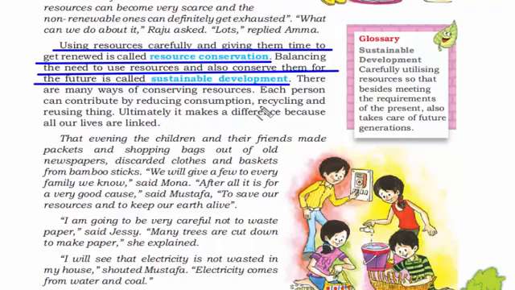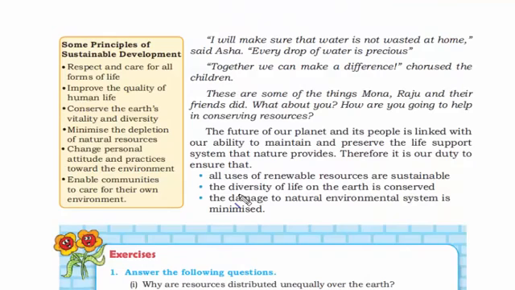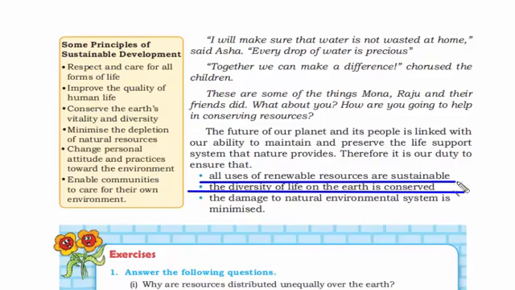So some of the ways of conserving resources are recycling and reusing things. So in order to protect our environment, some of our duties are to use renewable resources which are sustainable. We also need to conserve the diversity of life, that is, protect the endangered species. We also need to cause minimal damage to the natural environment system, like less cutting of trees. We need to prevent soil erosion as well. So these are the things that can ensure that we can maintain and preserve the life support system that